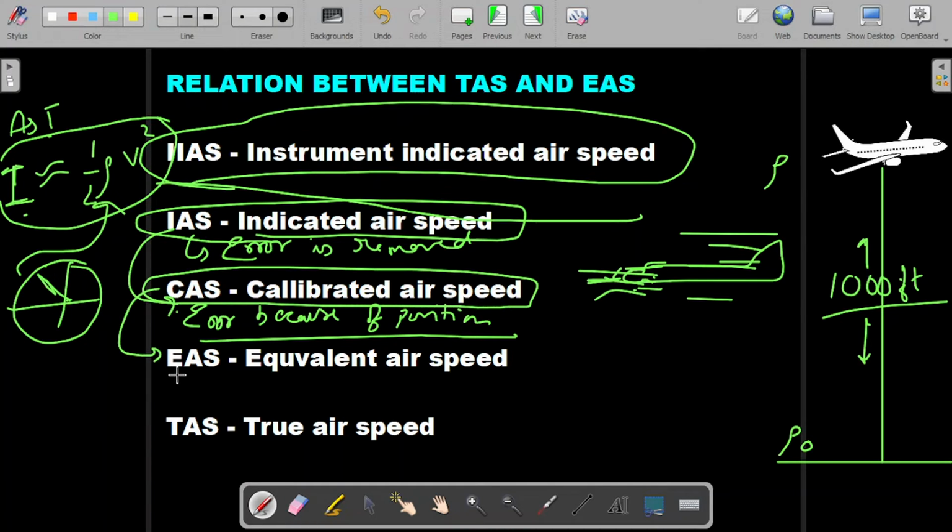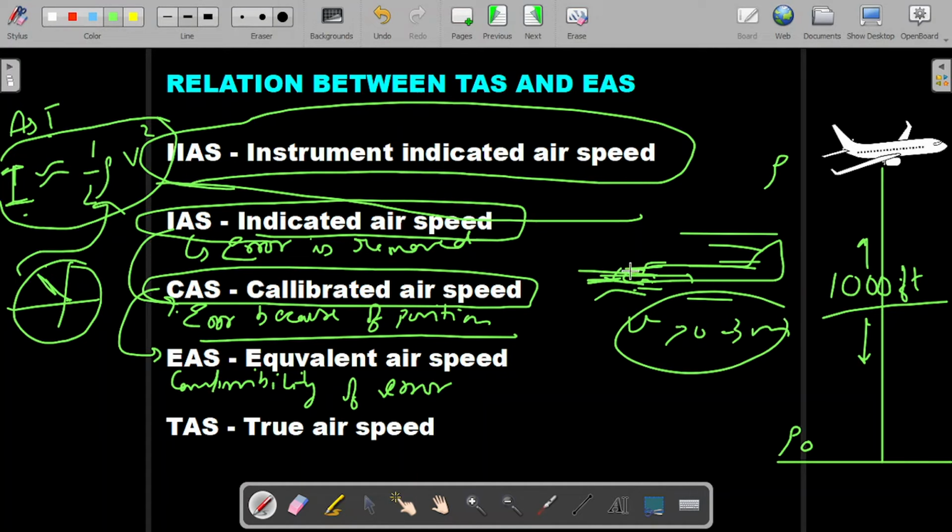From calibrated airspeed, if we remove the compressibility error, so what is compressibility? It is the error because of the velocity of the flow. I have told you, if the velocity is more than 0.3 Mach, which generally it is, there is a density change. If those errors are removed from the indicated airspeed, that speed is known as equivalent airspeed. So equivalent airspeed, calibrated airspeed and indicated airspeed are obtained by removing errors from the instrument indicated airspeed, which is the raw airspeed indicated on the ASI,